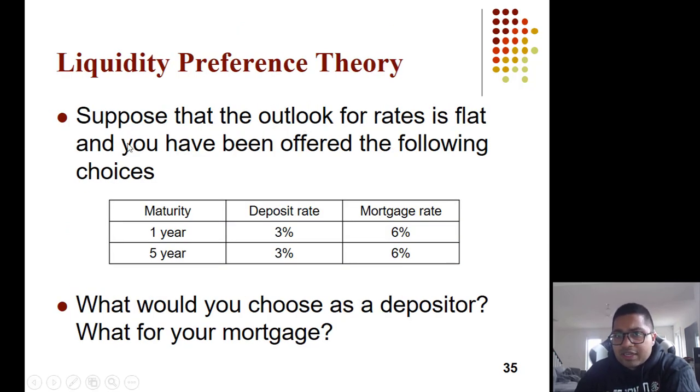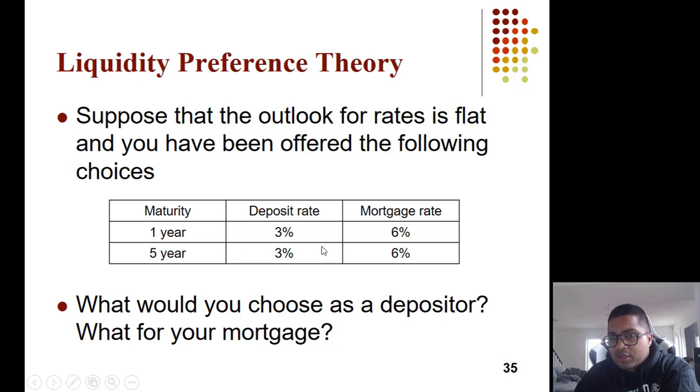So that's why forward rates are generally more than zero rates. Now they have given an example. Suppose that the outlook for interest rates is flat. What does liquidity preference theory suggest? It suggests that the deposit rate on a 1-year deposit will be less than on a 5-year deposit. It means if you are issuing a deposit for 5 years, you have to pay more than the 1-year rate. In the same way, if you are issuing a mortgage rate that is locked for 5 years, you have to charge more interest. So the interest rate increases as the time period increases. That's liquidity preference theory.